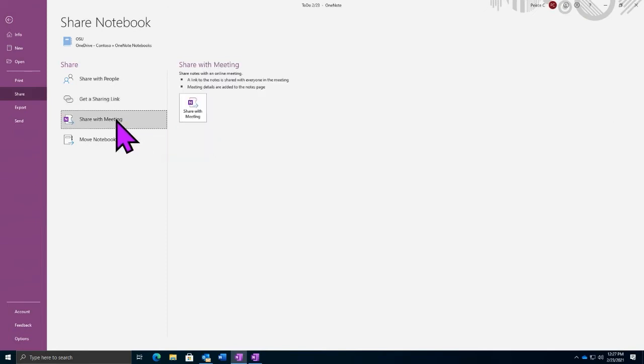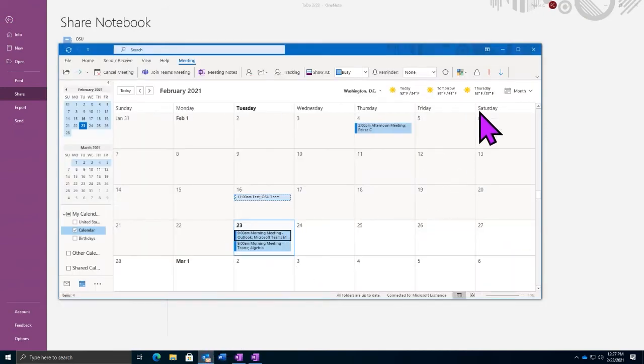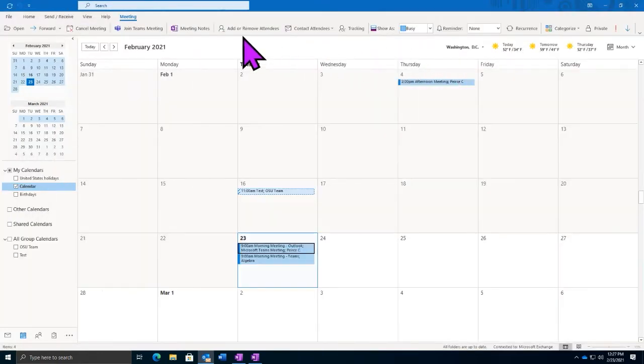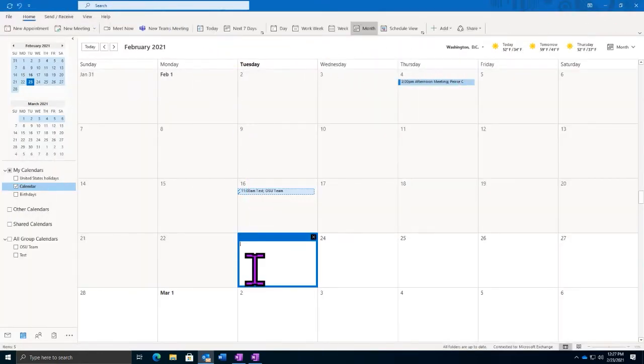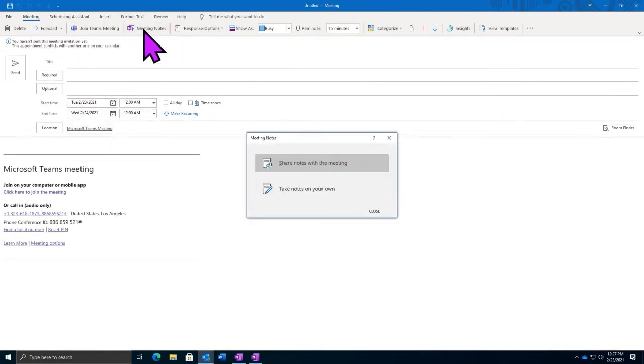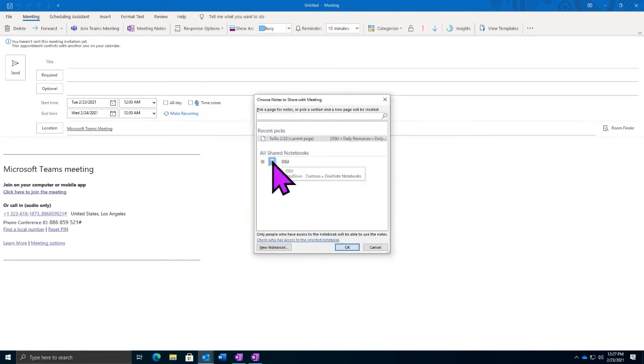We can choose to share a OneNote notebook with a meeting as well. So if we have our Outlook application open and we want to create a OneNote or Teams meeting, I can select a specific Teams meeting option here. And we can attach our meeting notes. What this does is allow us to share a specific notebook.